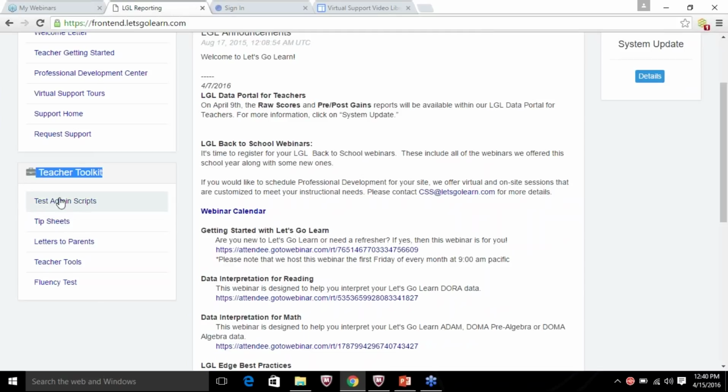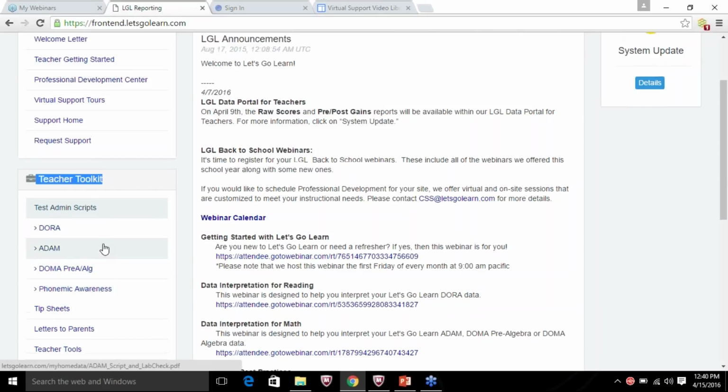I also want to point out the teacher toolkit. We really want teachers to be familiar with these test admin scripts. That's the first link below, over here on the far left-hand side. Before administering the assessments, or here as you're getting ready, maybe for your end of the year, we want teachers to prepare the students. It prepares the teacher with the logistics on what they need to know, and then also it has verbiage for the students. You know, they might not be familiar with seeing an I don't know button, and so it addresses those type of things so that they feel really prepared to take the assessment. So those are located here on the drop-down.